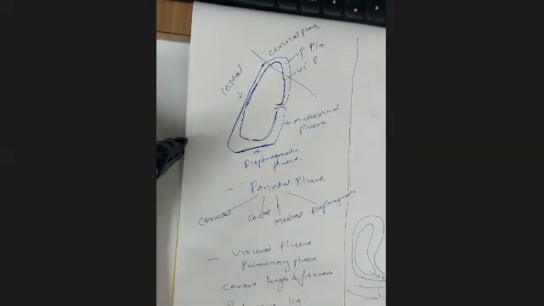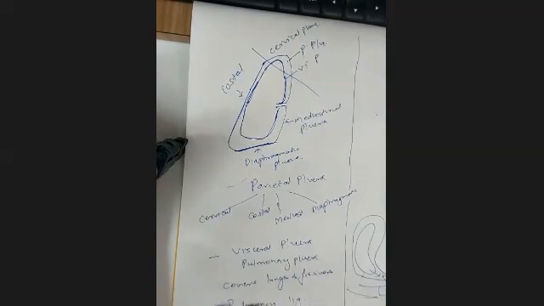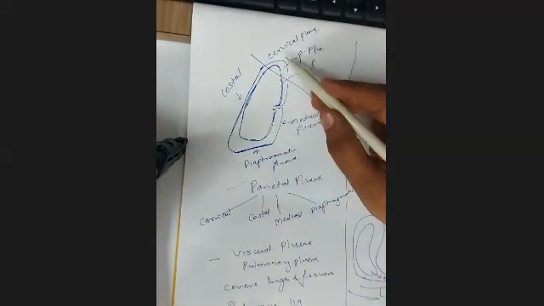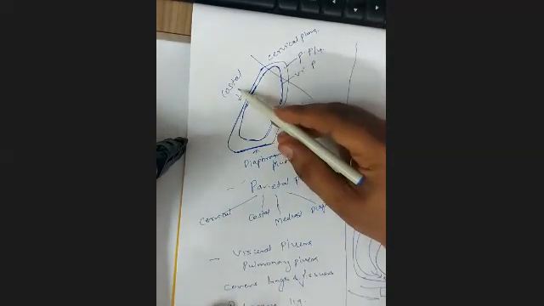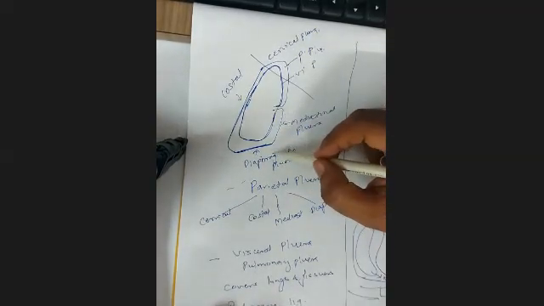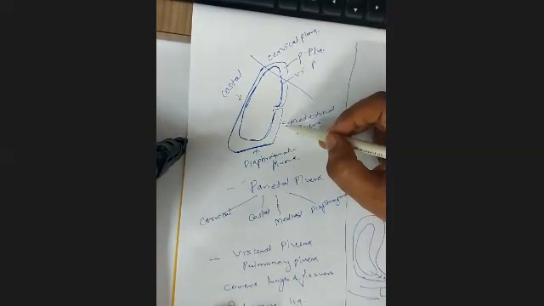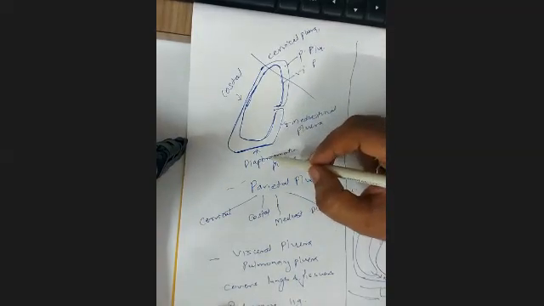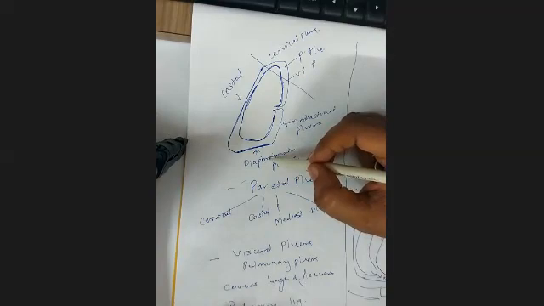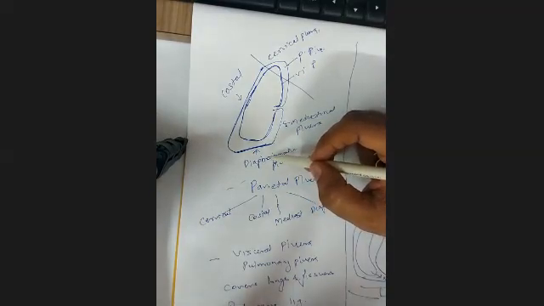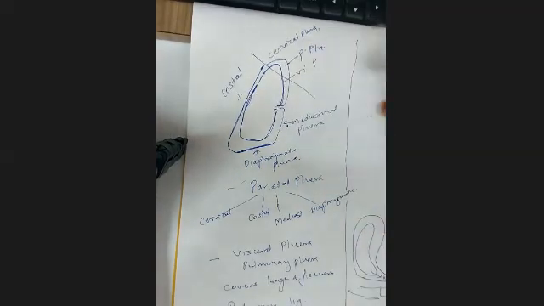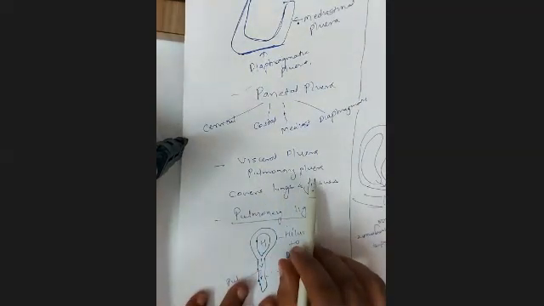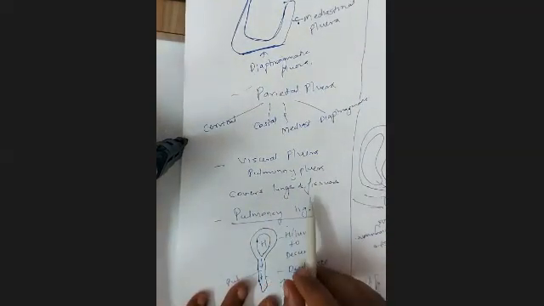Then we started studying the parietal pleura and how this parietal pleura has 4 parts. The upper part above the clavicle is cervical pleura. Then this is costal pleura. Then this is diaphragmatic pleura and mediastinal pleura. On the medial side, there is mediastinal pleura. On the inferior aspect, the pleura is called diaphragmatic pleura. The same parietal pleura, which is in contact with the thoracic wall, is called costal pleura and cervical pleura. While the visceral pleura is also called pulmonary pleura, which covers the lung and the fissures.